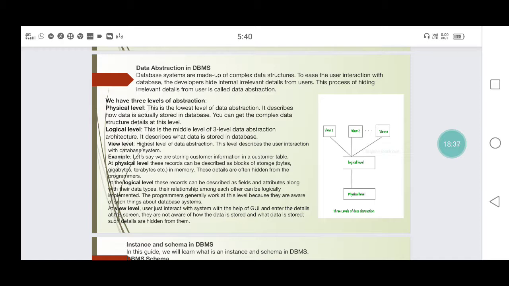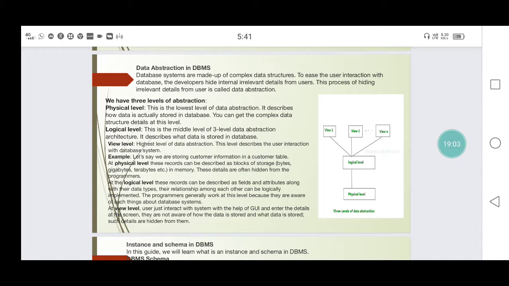At the logical level, these records can be described as fields and attributes along with the data types. The relationships among each other can be logically maintained. Programmers generally work at this level because they are aware of such things about database systems.